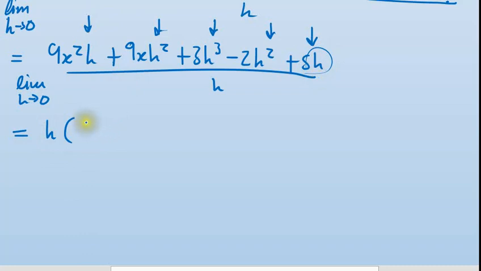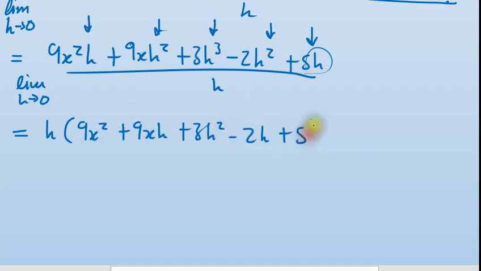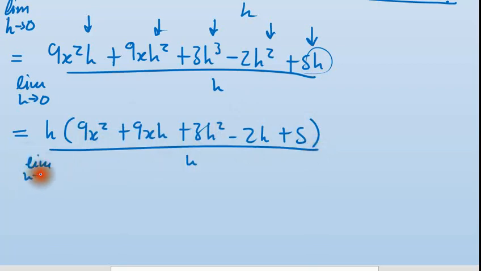Then you have 9x squared plus 9xh plus 3h squared minus 2h plus 5, all divided by h, where the limit is h to 0, and it's equal to that, that cancels that, and